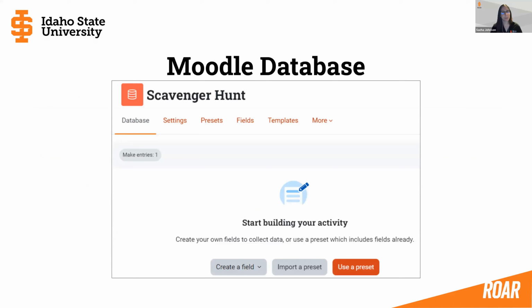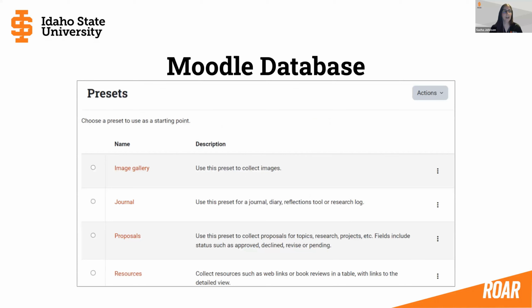One other new Moodle 4.2 feature has to do with the database activity in Moodle. So Moodle databases don't get used a lot, and it can be because they are difficult to set up from scratch. And so now the database has this option to use a preset. So you would select use a preset to see which presets are available. And we have 4 new presets that can help kickstart your database creation. And there's an image gallery, journal proposals, and an option for students to collect resources that they then submit into